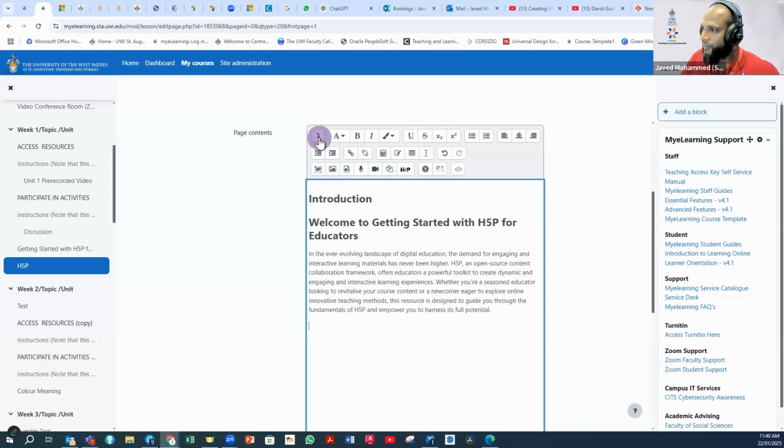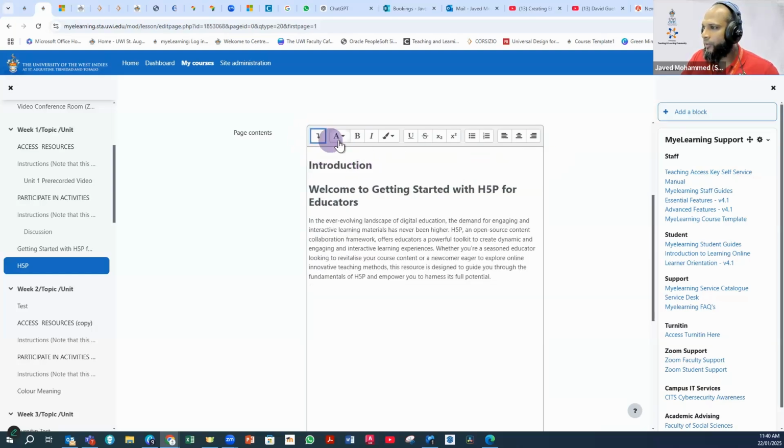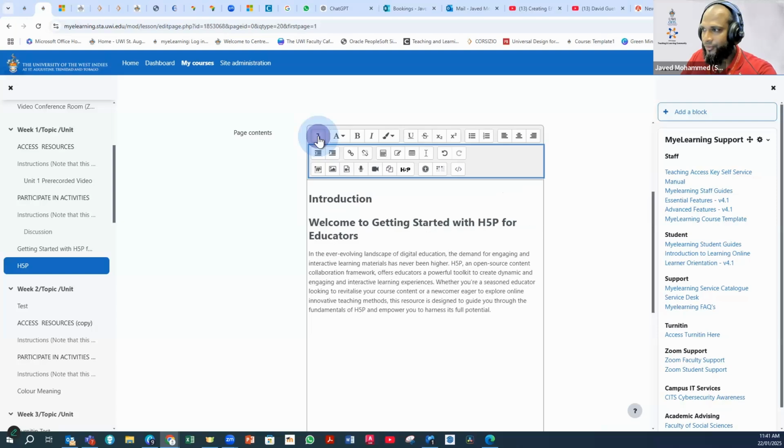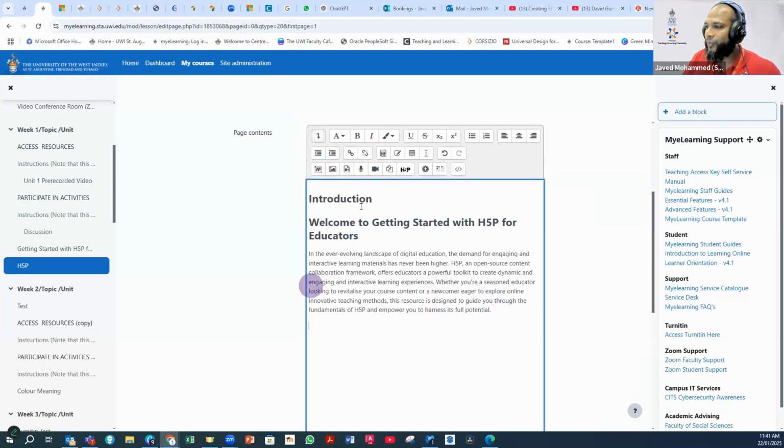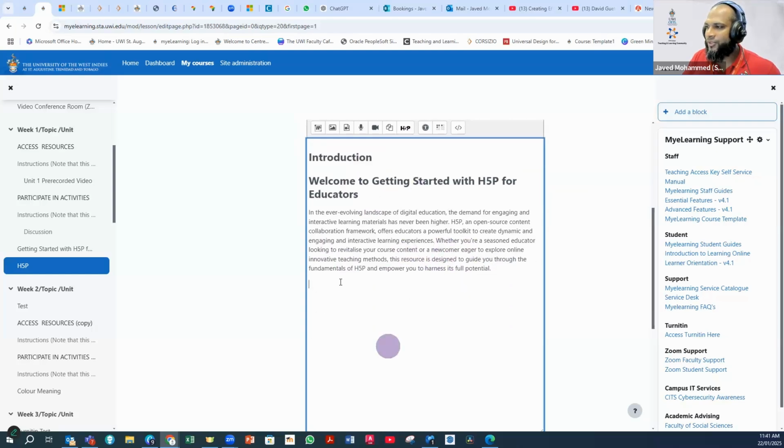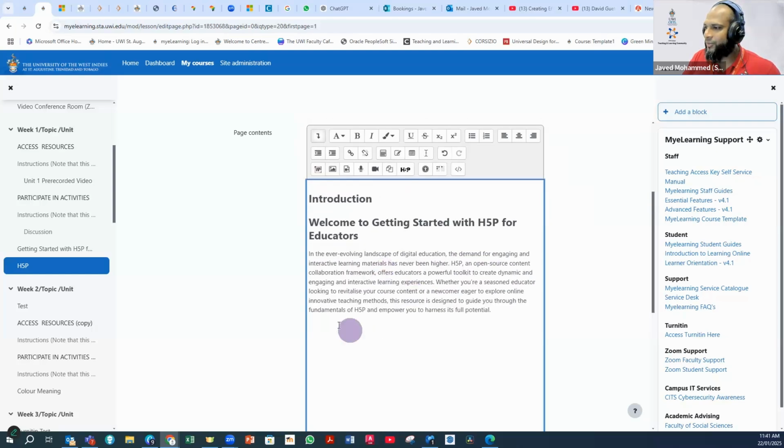You most likely will not see all the options in the editor. To reveal that, you click on this down arrow to expand the menu. And then you select insert or edit image. But before you do that, you want to indicate where you want that image to be placed on your page. So you just put the cursor where you want it to be placed. I want it placed right here in this area under the text, this paragraph, and you select insert,